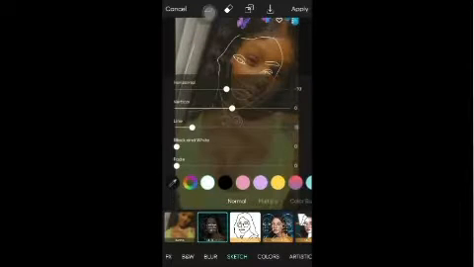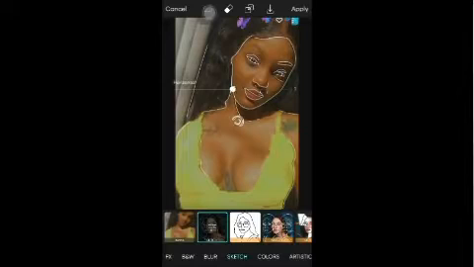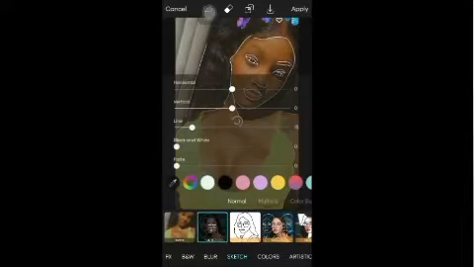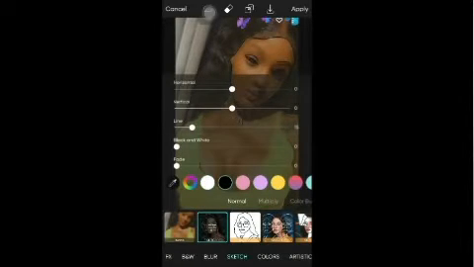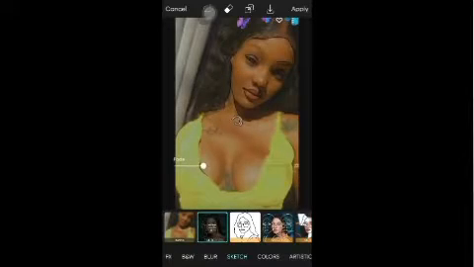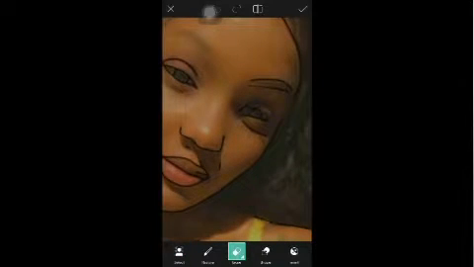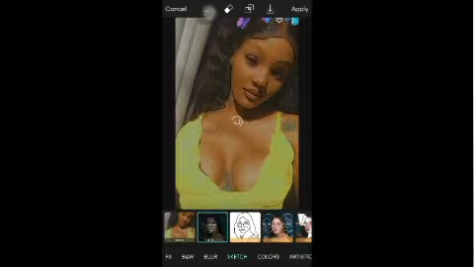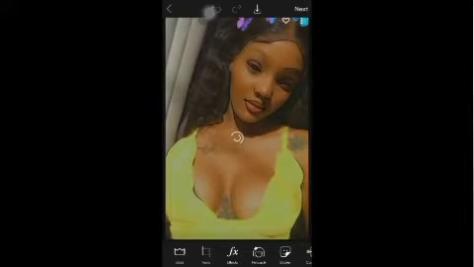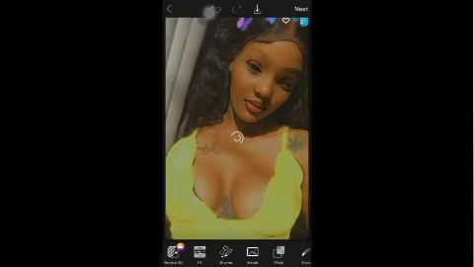Then you're going to align using horizontal. You're going to change the color to black and the line size to 21, and you're going to fade the image. It depends on what you like. Afterwards, you're going to select eraser at the top of the screen and zoom in to erase what you do not want in the photo. Click apply. Next, you're going to go on the draw tool